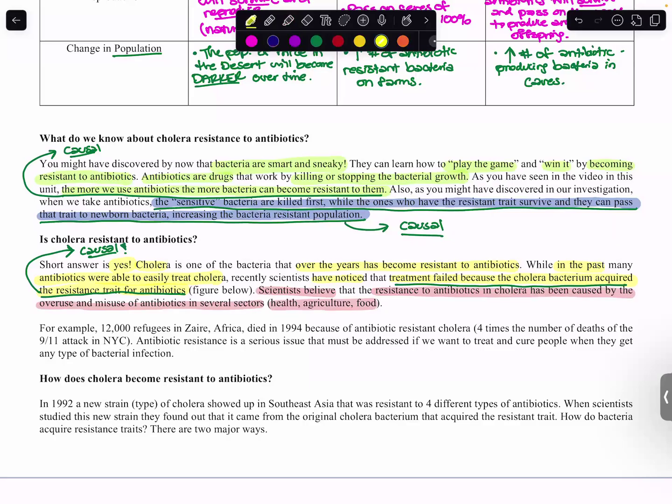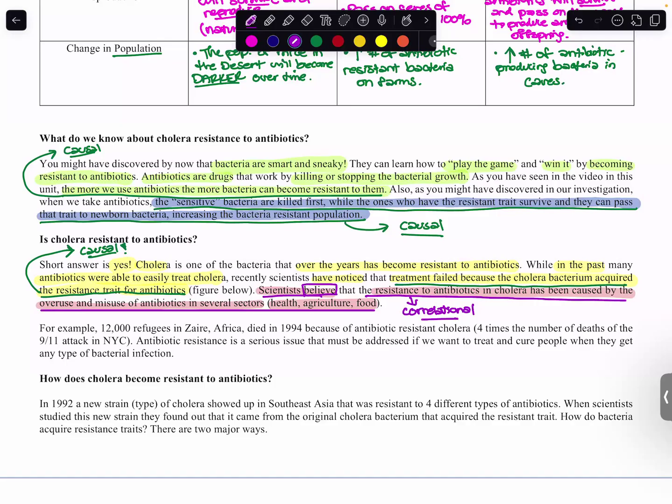and food. This is actually an example of correlational evidence. We haven't determined this yet. This is correlational, right? And we can see that because it says scientists believe. It's not saying that scientists have determined or that it's 100% true or caused by, because, right? All of those represent a causal. But when it says that scientists believe that it may have, that it could be, all of that is correlational